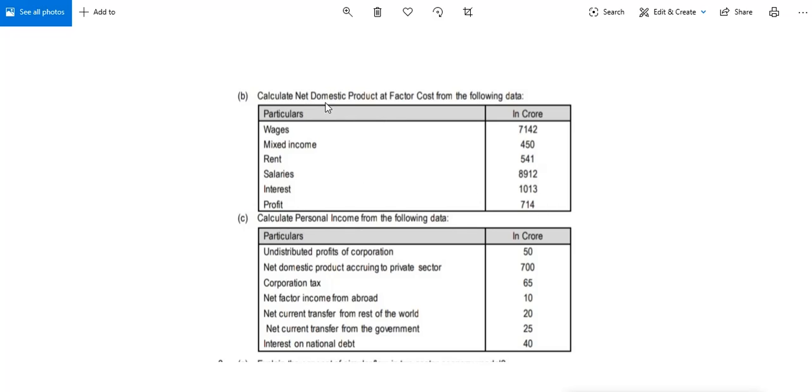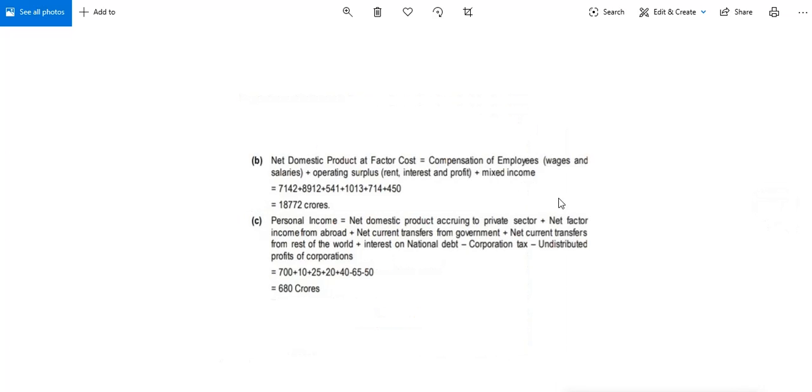So whenever you are asked to calculate net domestic product at factor cost, if we add all the factor incomes, net domestic product at factor cost can be computed. So what you are supposed to do, the compensation given to the employees by means of wages and salaries, operating surplus like rent, interest, and profit, and of course the mixed income. When you add all these together, that is 7,142, 8,912 plus 541 plus 1,013 plus 714 plus 450, that results